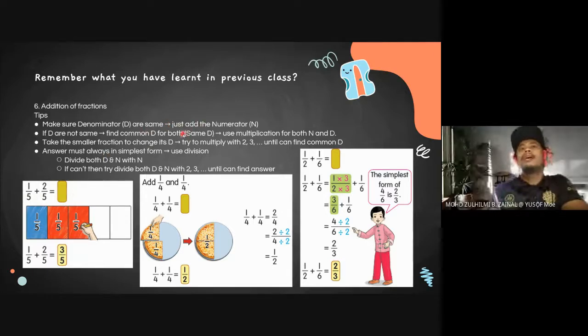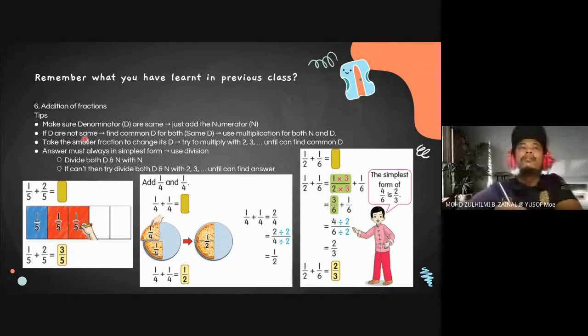Just add the numerators. For example, if the denominators are both 5, you just keep the 5 and add the numerators, 1 plus 2 equals 3. That's simple. Number 2, if the denominators are not the same,